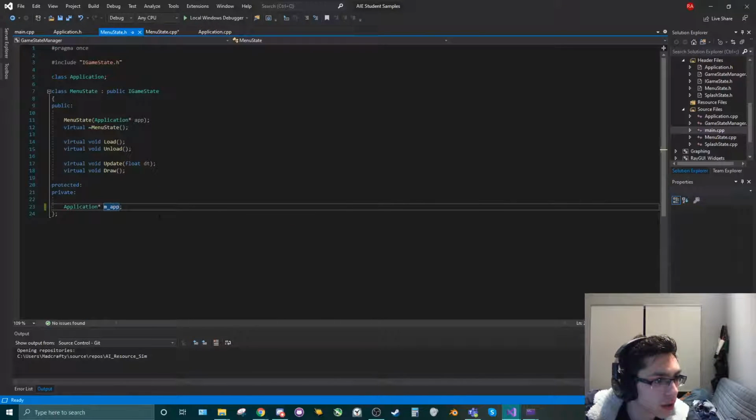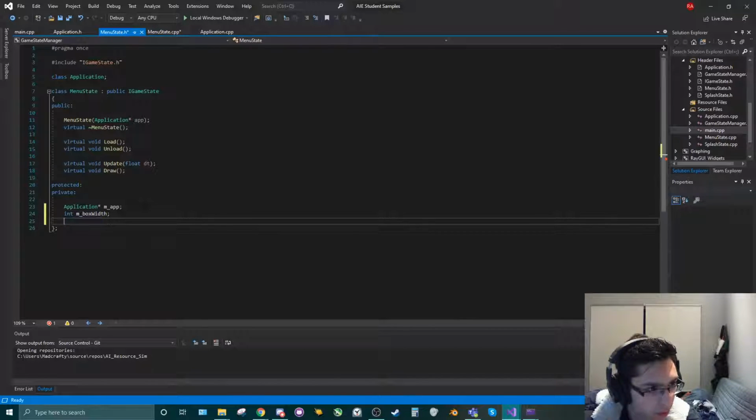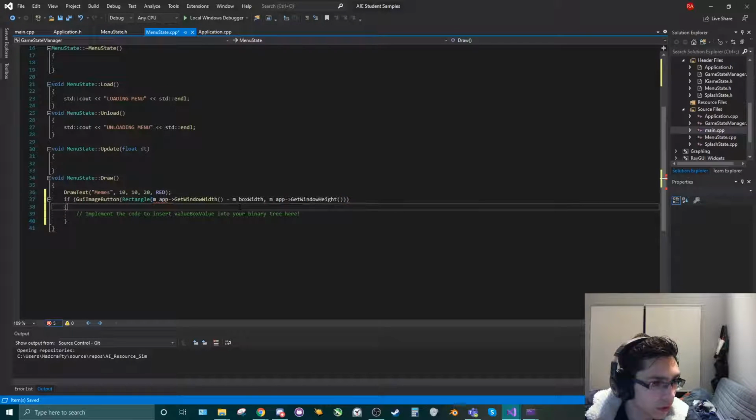Let's quickly change that. Int m_box_width, int m_box_height. So now what this is going to do is allow us to properly display our boxes. So hopefully with this,